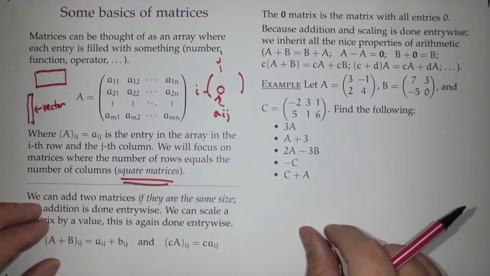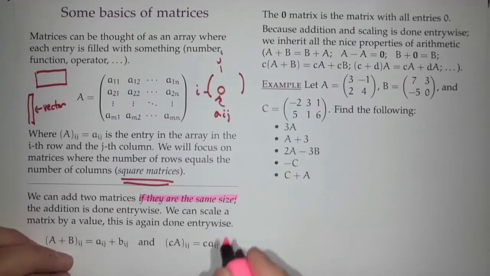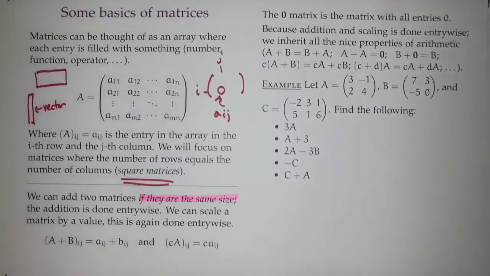Okay, good. So matrices, we have this collection of numbers in some array, and we have various sizes. So we want to start doing things with matrices. And where do we begin? Well, we'll start with arithmetic. So that means adding and scaling. So the way we do that says if we have matrices, and we're going to start with adding, and they're the same size, so they have to be the same number of rows, same number of columns,